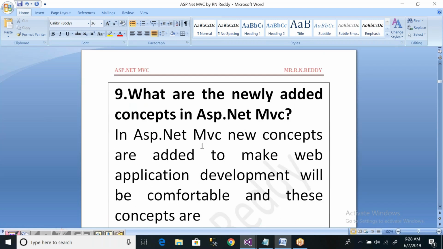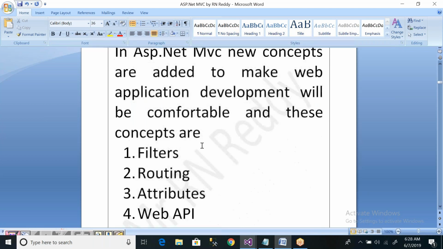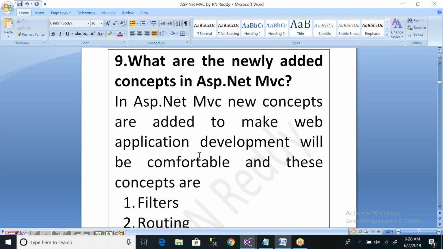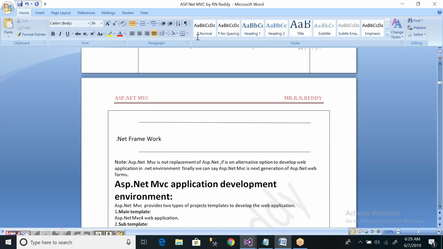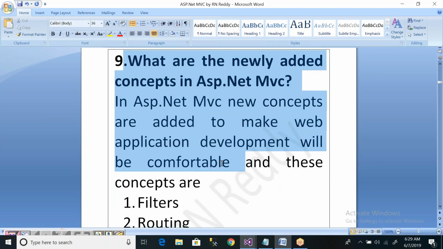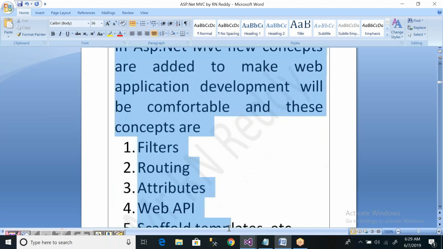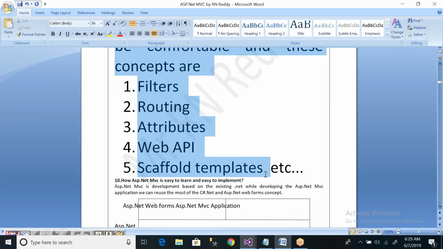And what are the newly added concepts in ASP.NET MVC? We discussed the 9th point, newly added concepts in ASP.NET MVC. New concepts are added to make the web application development process comfortable, and these concepts are number one, filters, number two, routing.